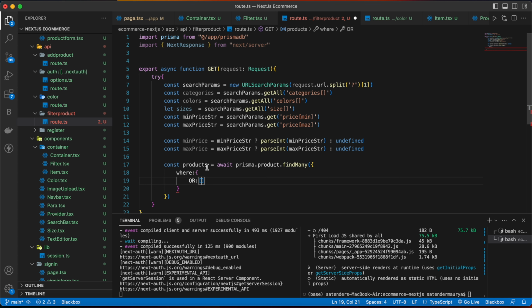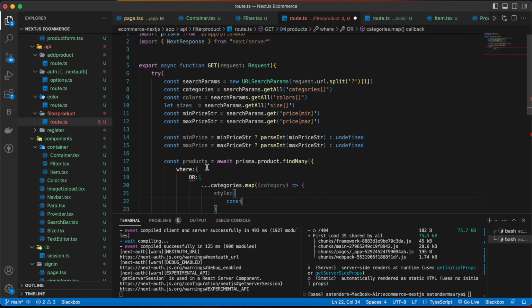Inside the OR operator, first we are going to destructure the categories and then map over the category, and if the style contains the category, we are going to send that product.